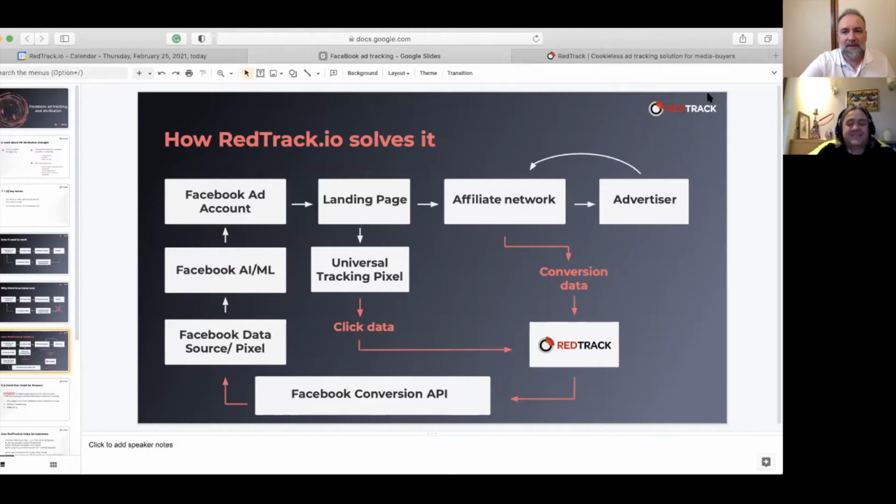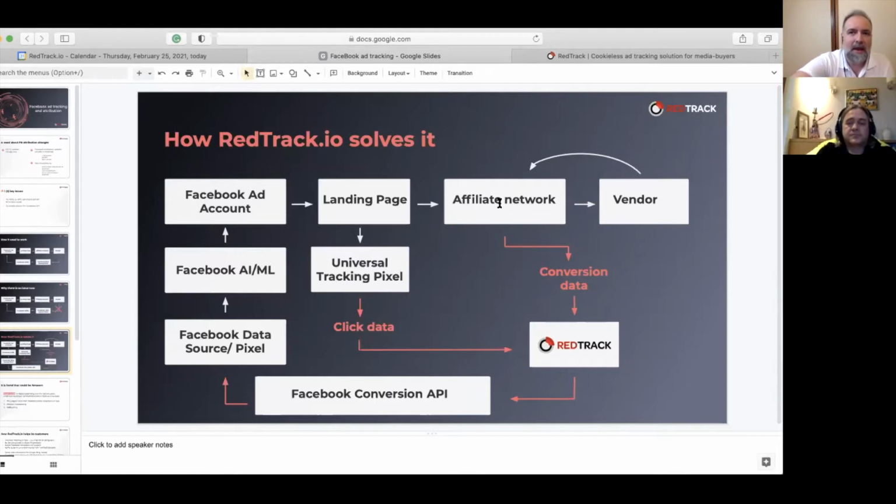So what we did, in very simple terms, and let me rename it to vendor, so it's proper. It works like it used to. You have your landing page, you send data from the landing page to your affiliate network, and as usual it has some click ID. So whenever the conversion happens on the vendor page, the affiliate network knows.